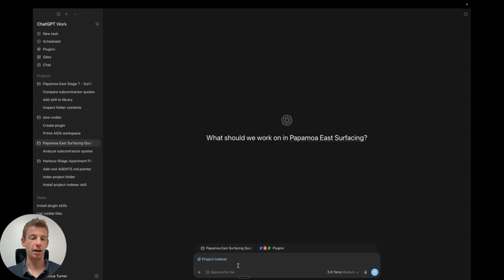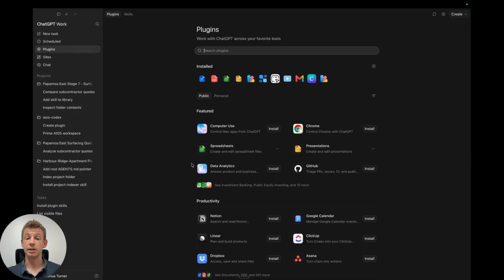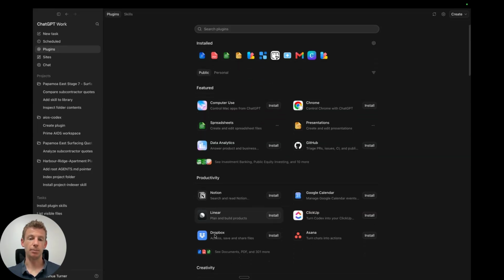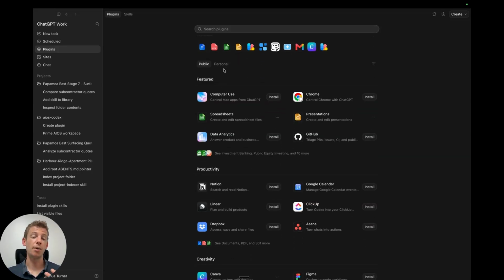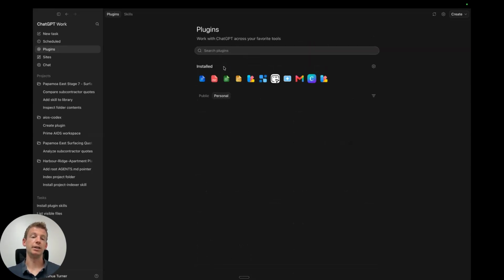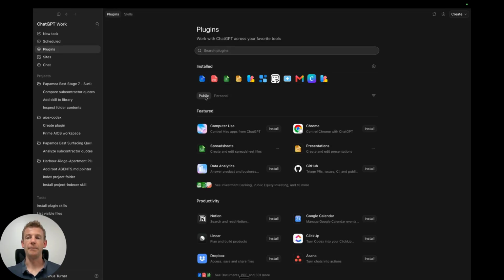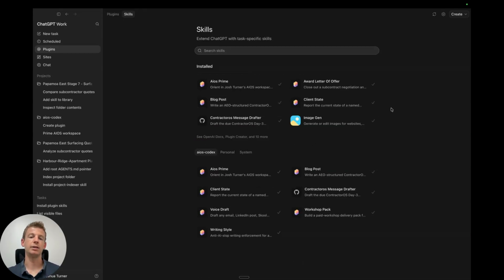Then I'll jump in here. Now if I want to find my library, what I actually do is I go to plugins, and this is the same space as before. We can see we have public plugins, and you also have personal on the desktop as well, where you can create your own, and a similar method up here. You can go create a plugin, add from marketplace, or record a skill. Now to get to skills, we go across, we go skill,